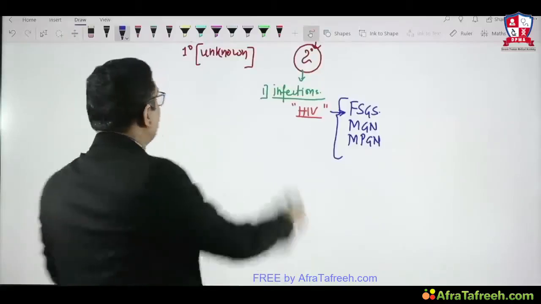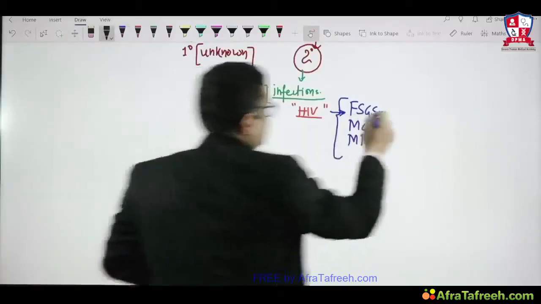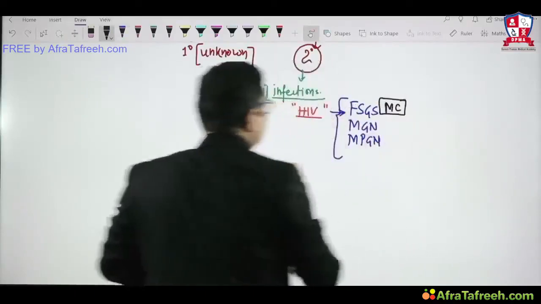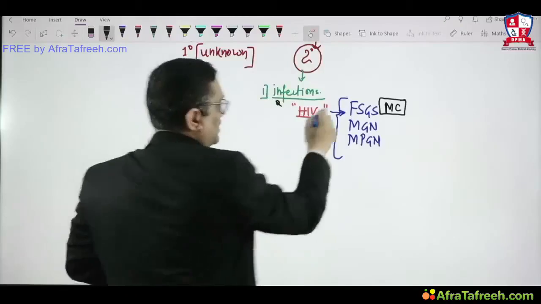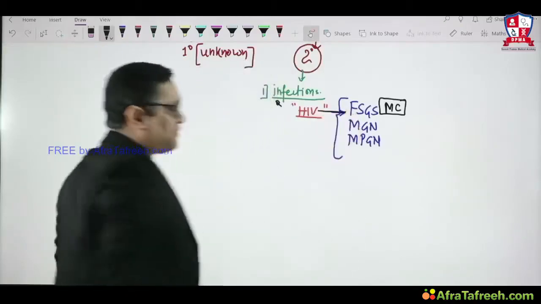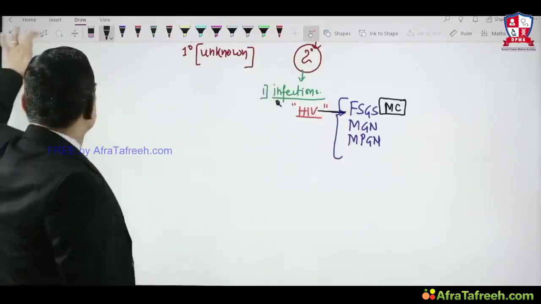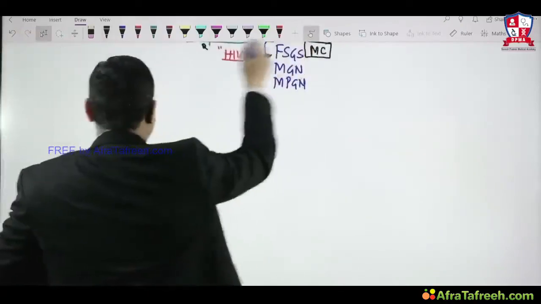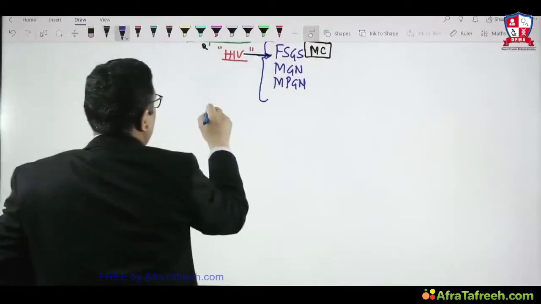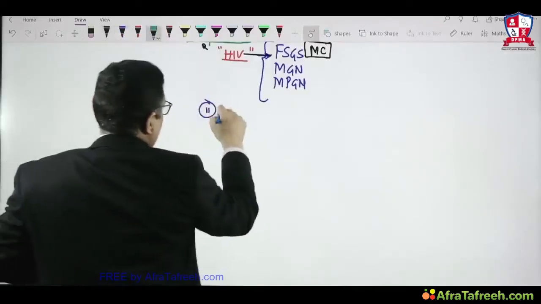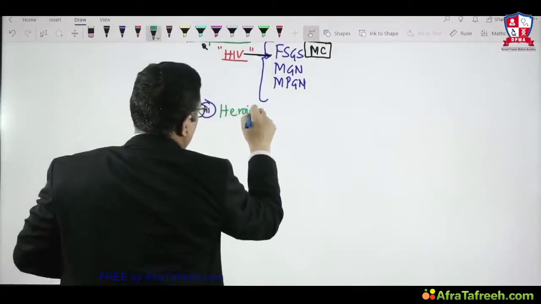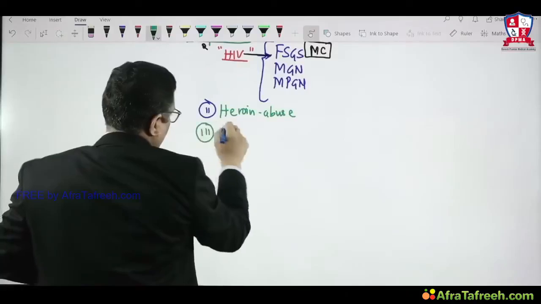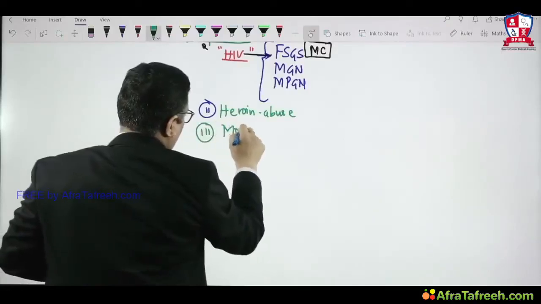And out of all these three, what is the most common, right? So remember, FSGS is the most common association with HIV. So in HIV infection, most common is the FSGS, right? So infections, then it can be due to heroin abuse. So the second etiology is heroin abuse. It can be due to morbid obesity,